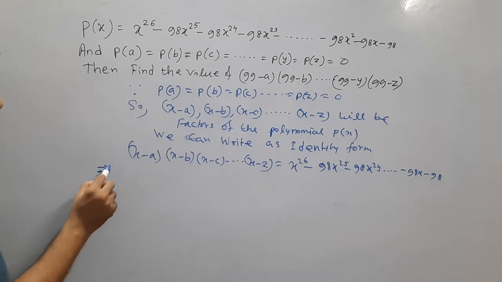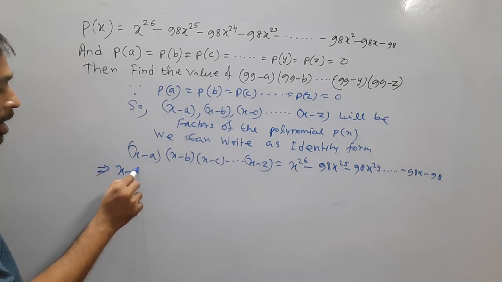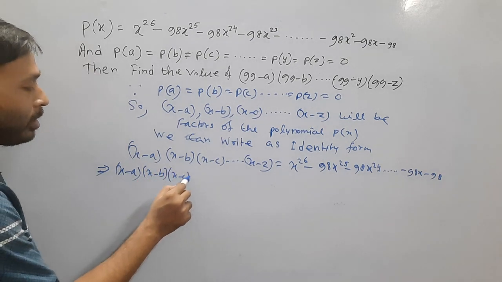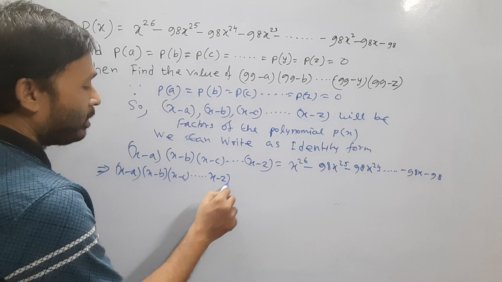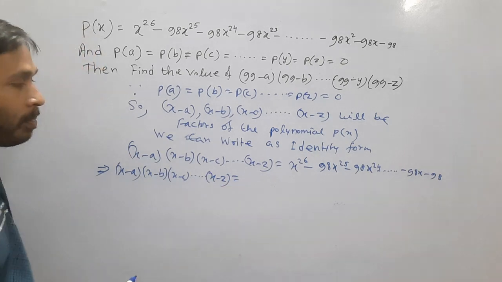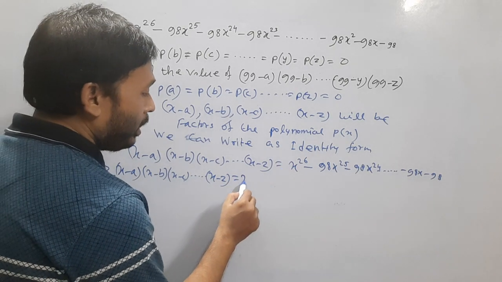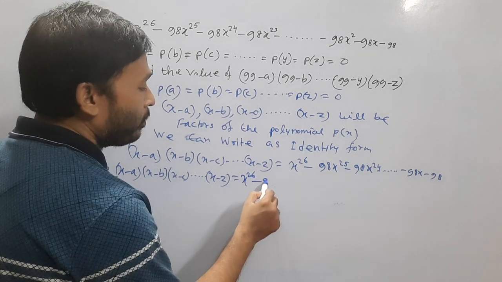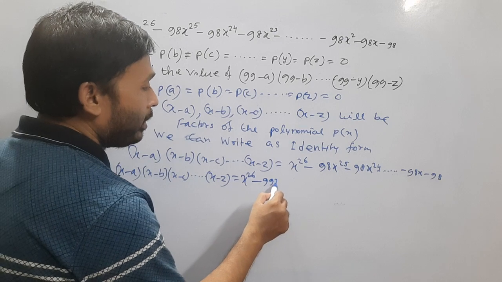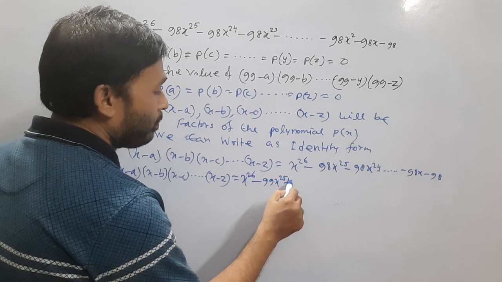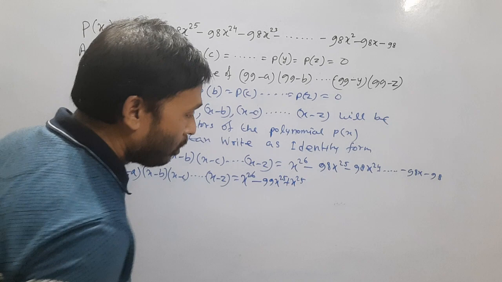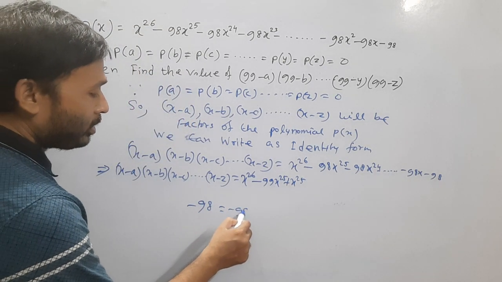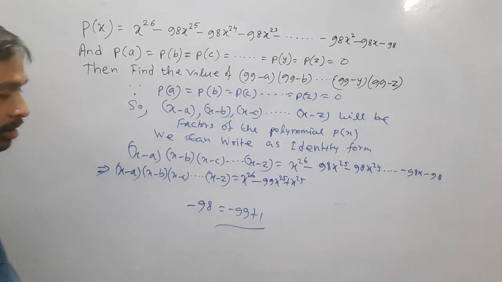implies that x minus a into x minus b into x minus c, and so on, x minus z is equal to x to the power 26 minus 99 x to the power 25 plus x to the power 25. We can write minus 98 is equal to minus 99 plus 1. Okay,